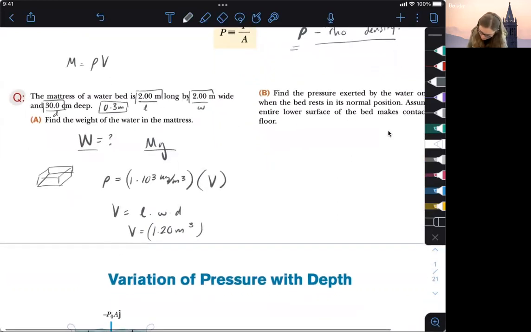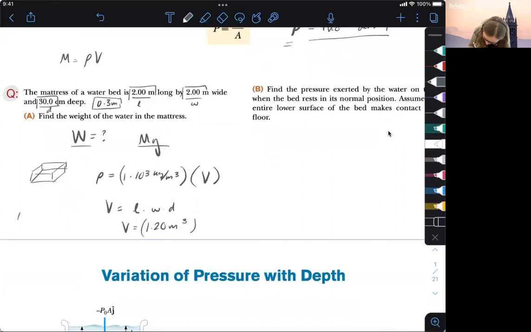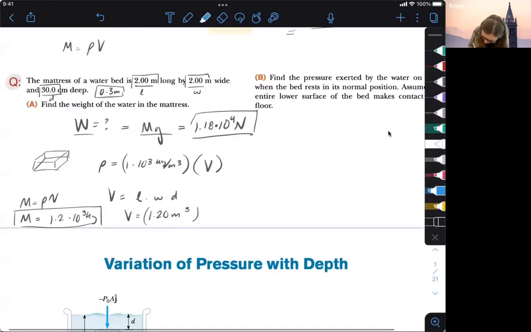Okay. So our mass is going to be equal to rho times v, and the mass for this square object full of water is going to be 1.2 times 10 to the third kilograms. Now all we need to do is multiply that by gravity and we get our weight. So mass times gravity. Our net weight in this case is going to be 1.18 times 10 to the third newtons, or kilonewtons. Or sorry, 10 to the fourth. That's wrong, 10 to the fourth, just a typo on my part. And that's the net weight of our object. So this is just like a